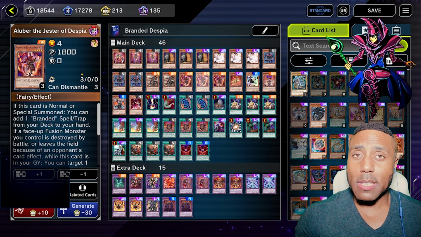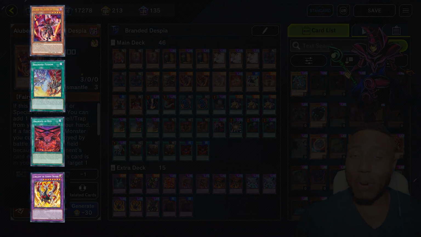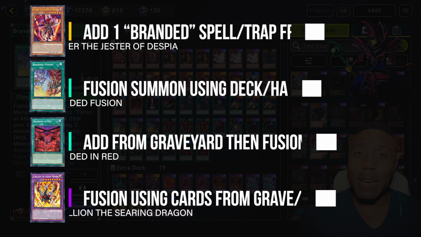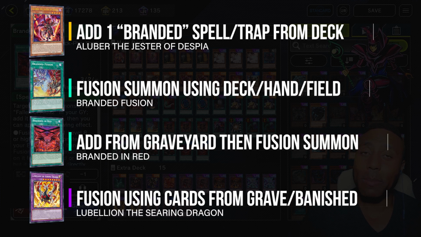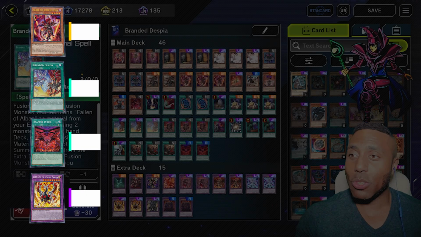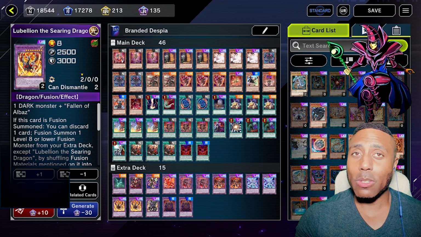So first and foremost, let's talk about your single combo cards. Aluber, which adds a branded spell or trap to your hand. Branded Fusion, which can fusion summon any fusion monster from your deck, field, or hand. Branded in Red targets a Despia monster or Fallen of Albaz in your graveyard, fusion summon a level 8 or higher. And finally, Lubellion. If you're gonna go turn 1, Branded Fusion into Lubellion, Lubellion will then fusion summon another